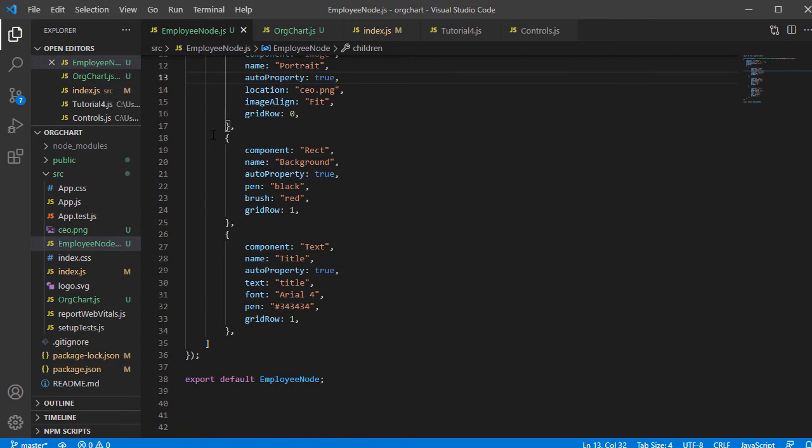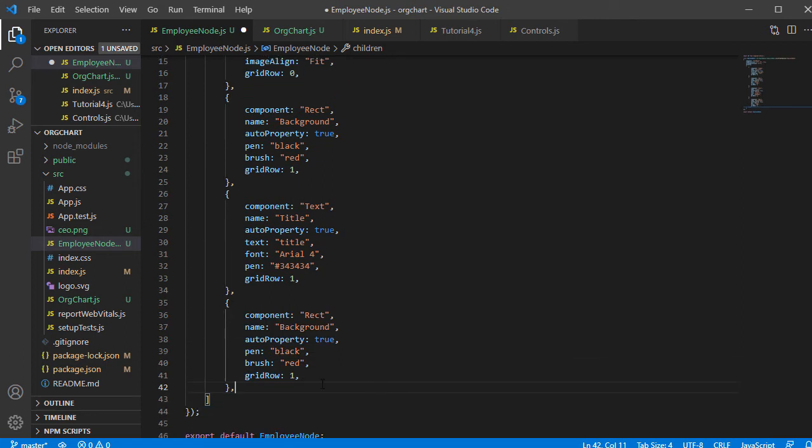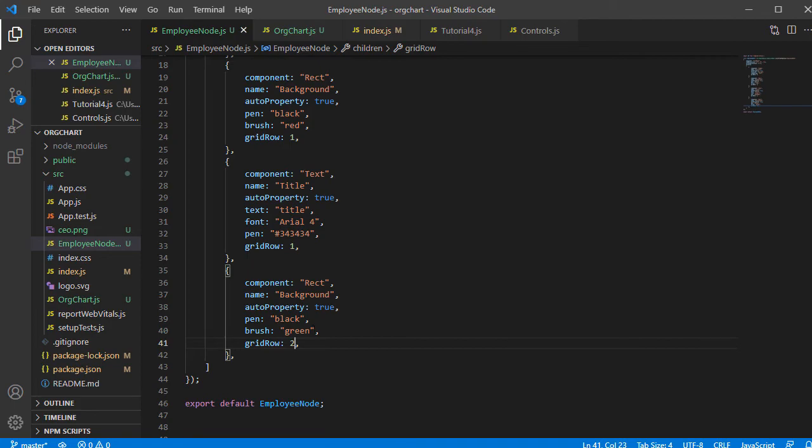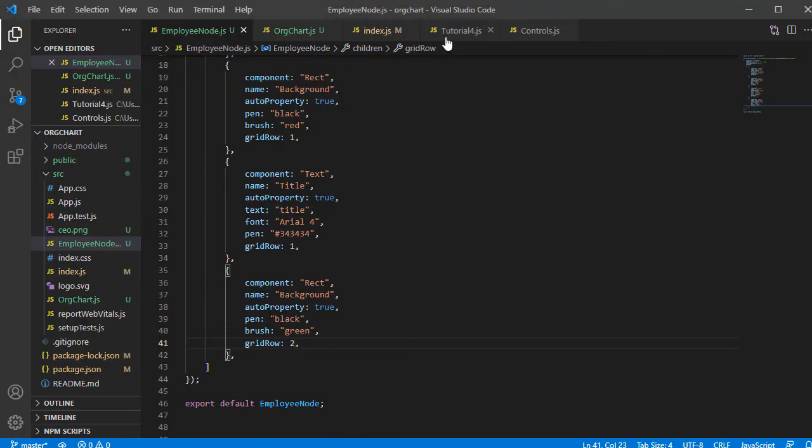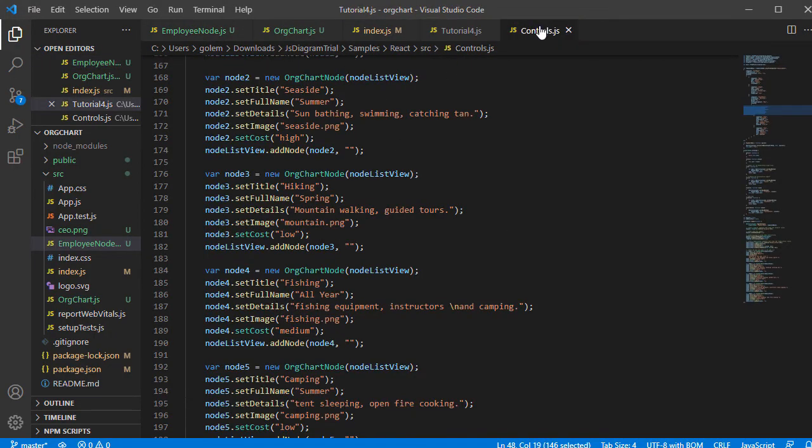Let's add one more rect to our node template. The new rect will be background for the third row. Here it is. Now we will add a stack panel with two different text fields on top of this rect.